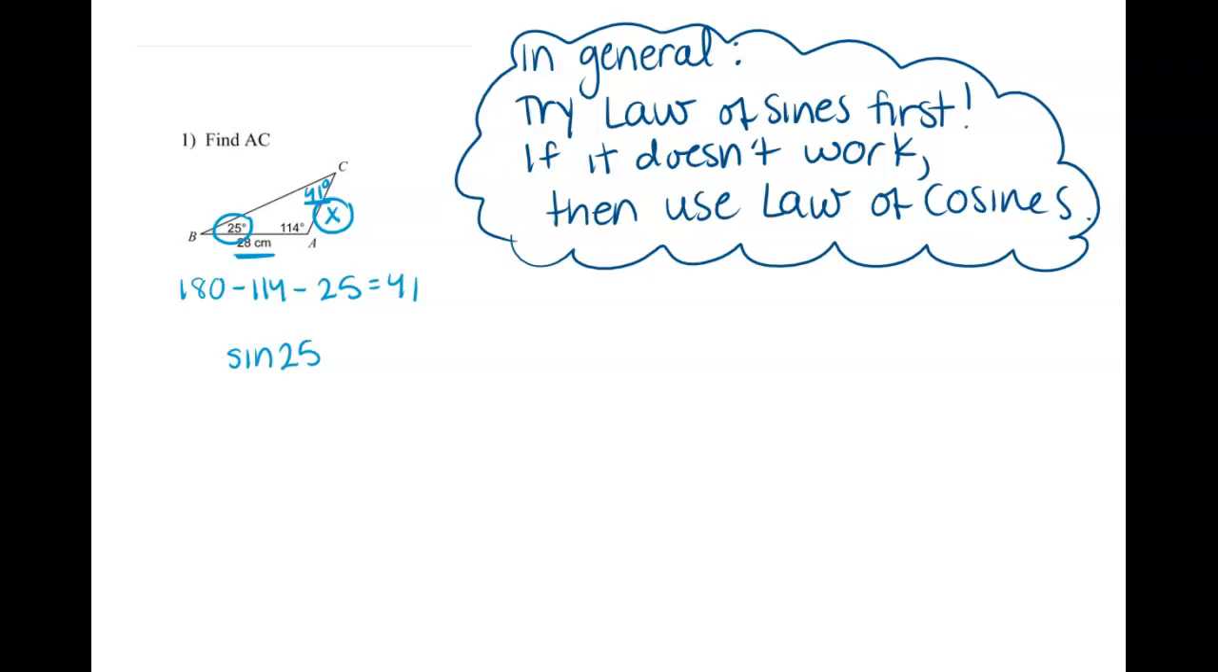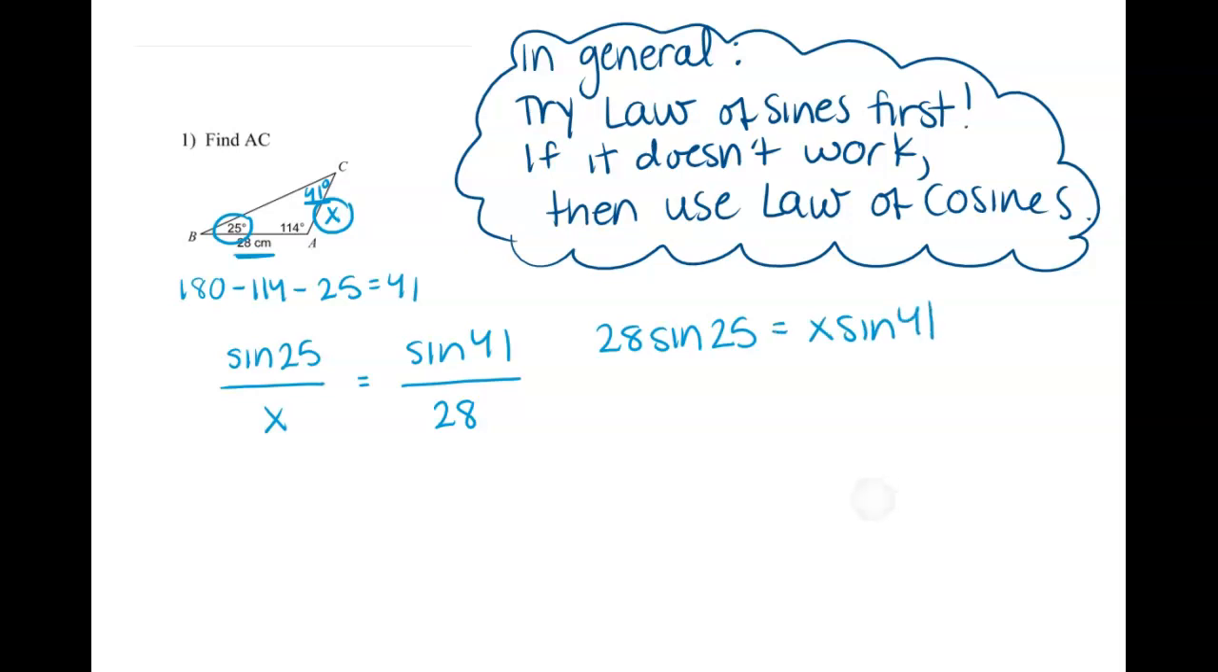Sine of 25 degrees over x equals sine of 41 degrees over 28. And now we cross multiply. We get 28 times sine of 25 equals x times sine of 41. Our goal is to get x by itself, so we'll divide by sine of 41. So x ends up being 28 sine of 25